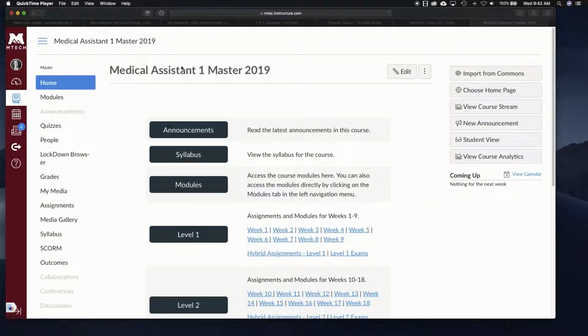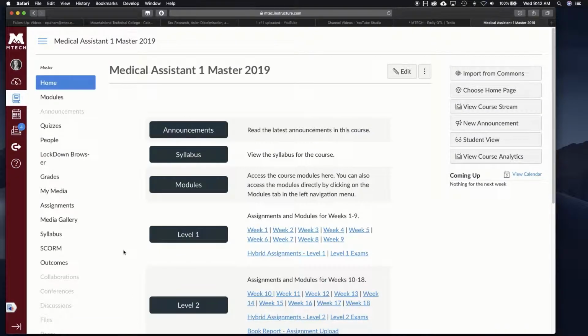Hi instructors, I'm going to give you a quick demonstration about what prerequisites and requirements can do for you in your Canvas course, especially if you're an OE course and you need to control maybe students flowing through the curriculum. And some of you might be familiar with this feature, but maybe it hasn't worked exactly like you hoped. And so my hope is that by showing you exactly how to do it, that you can customize it for